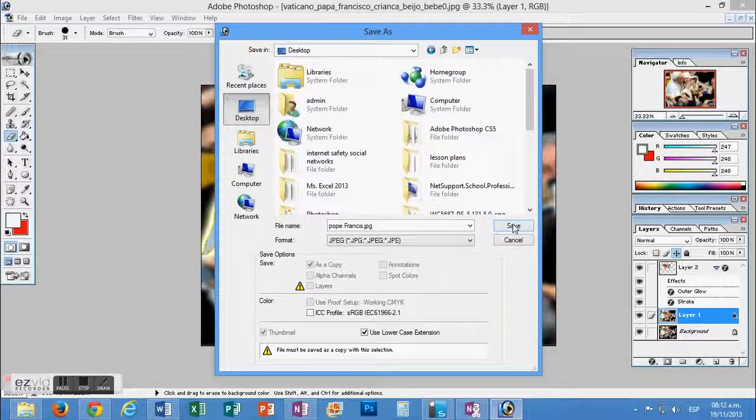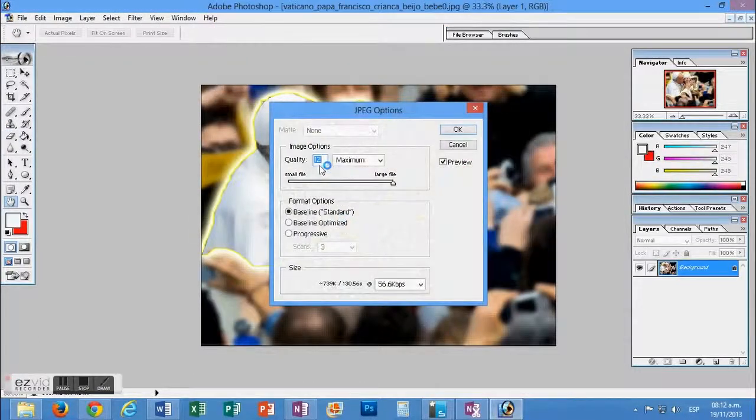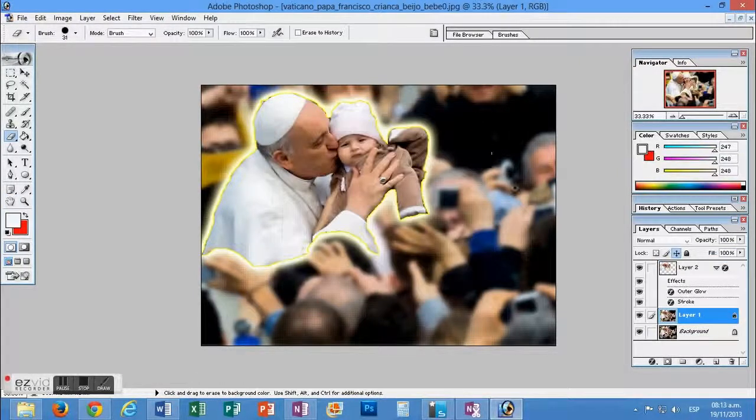As soon as you guys click save, you will get this message just asking you what is the quality that you want. If you guys want a 12, the maximum quality, just leave it at 12. If you guys want to decrease, just go ahead. Okay, I'm gonna click OK,